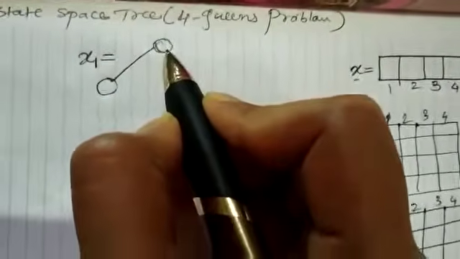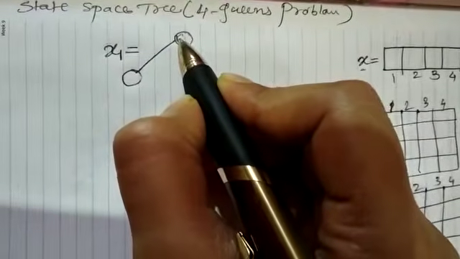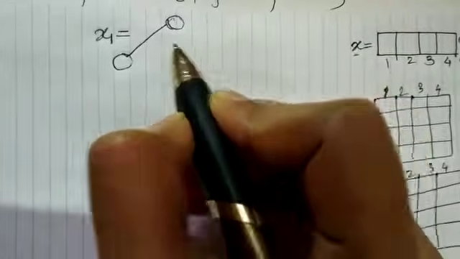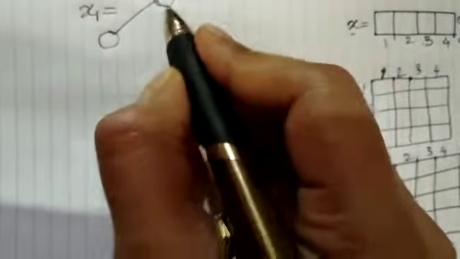So here we will first place queen number 1. So queen number 1 will be represented as X1. So queen 1 we are going to place in row 1. So there are 4 columns where we can place queen 1: 1, 2, 3, 4. So when we start generation of a state space tree, the first node is going to be the root node, and there will be 4 branches, and each branch will represent 1 column.